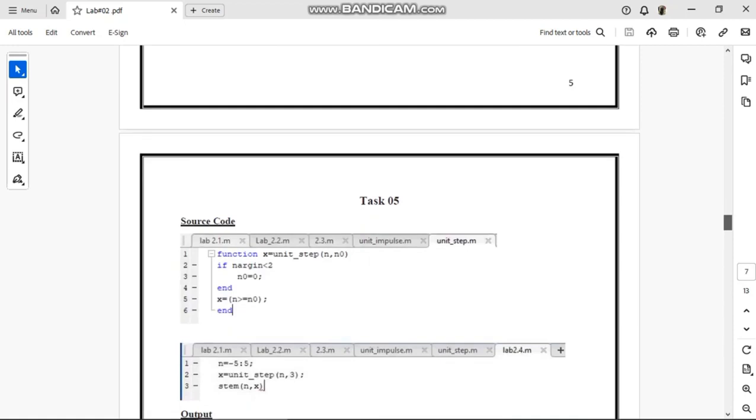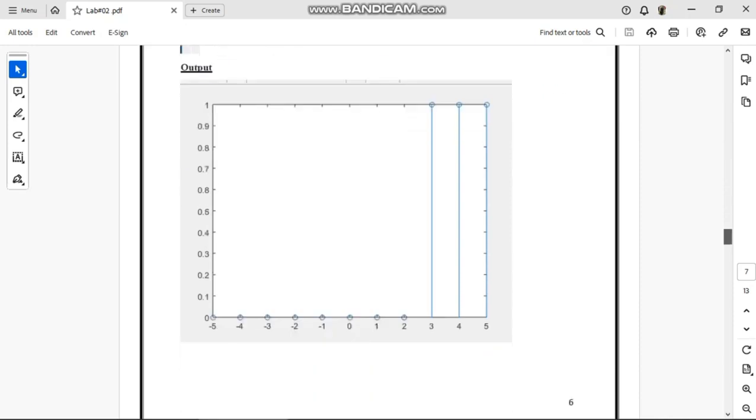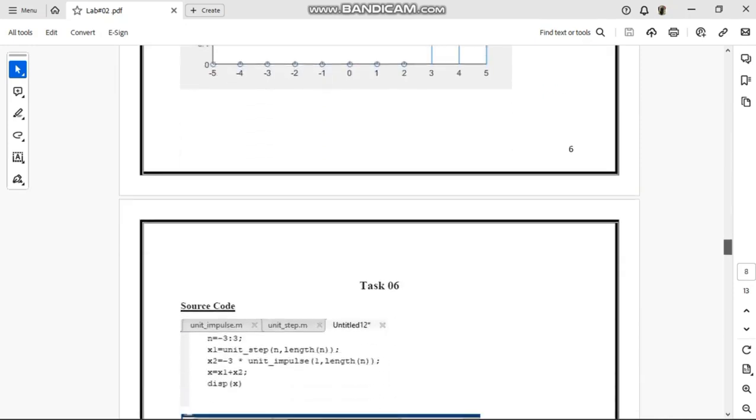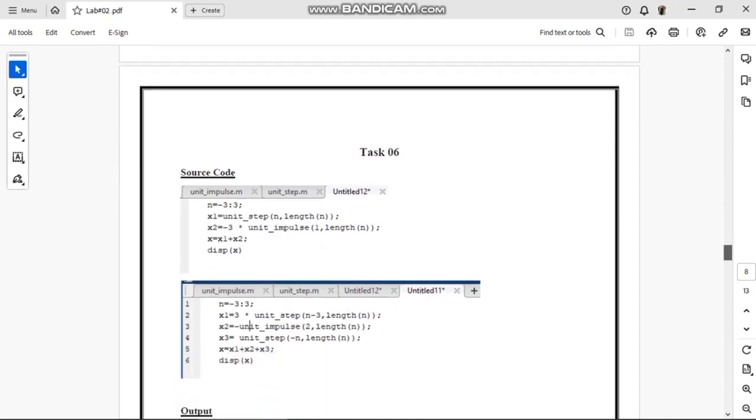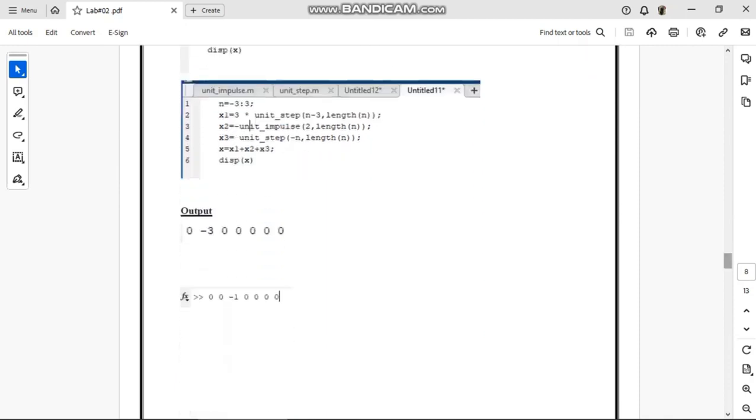Moving on to task 5. In task 5 we have to plot the unit step function. Again we defined our function as function x is equal to unit step n0. Then I used an if loop, and last I called my function and used a stem function to plot our following signal. In task 6 we have combined both these functions, unit step and unit impulse. N is equal to -3 to 3. The limits have been cleared, and I used a display command to plot the following signal, and the output is